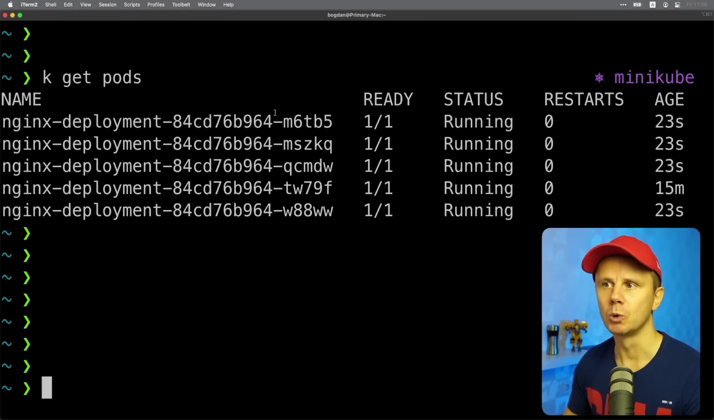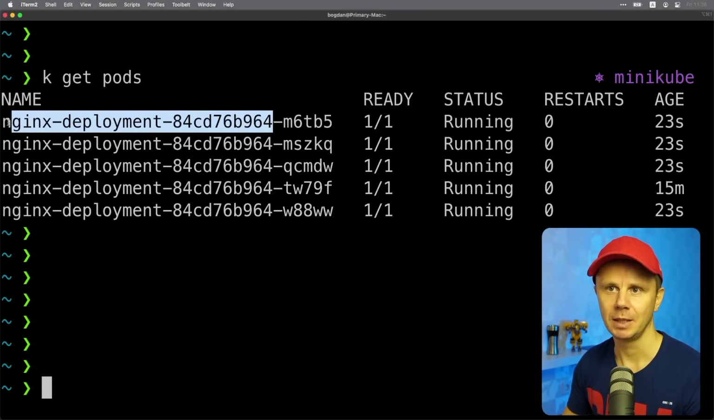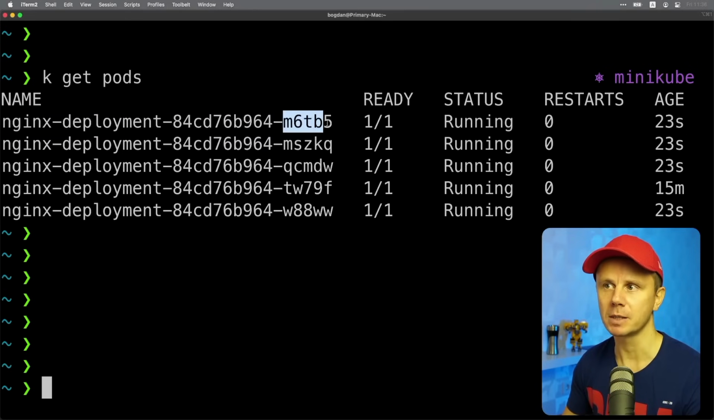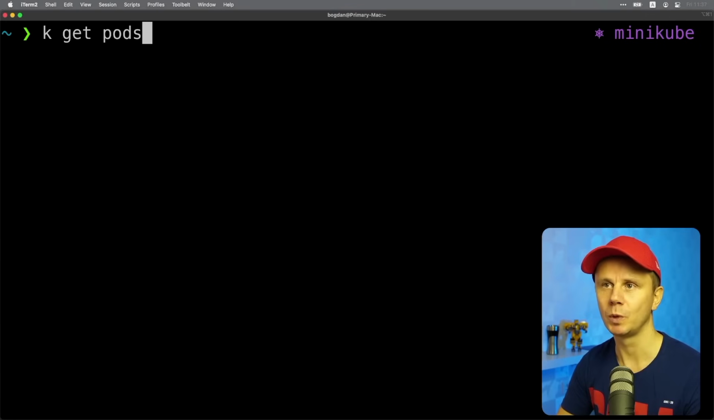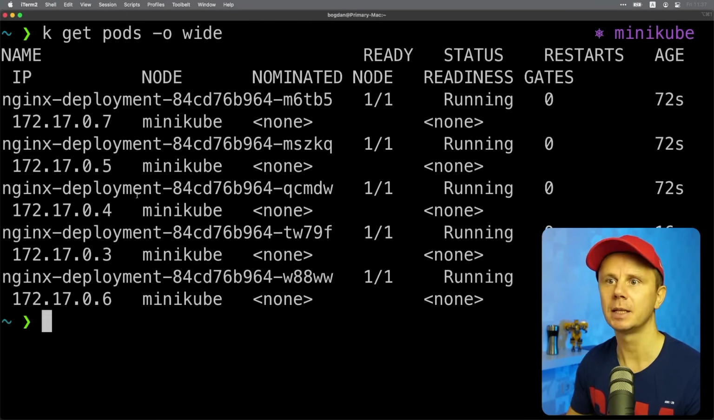Notice that all those pods have the same prefix. It is the name of the replica set all those pods belong to, and those parts are different for different pods. And again, all pods are running. Let's also read details about those pods which will include IP addresses. Let's add here option -o wide, and I'll see that each pod has a different IP address, here, here, here, here